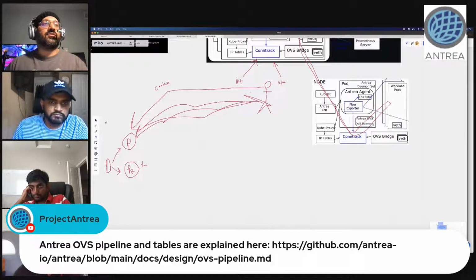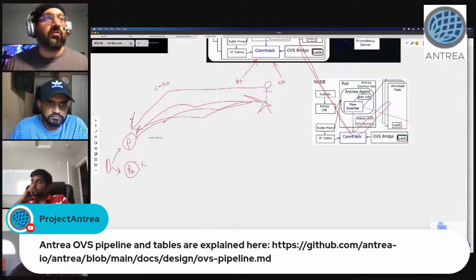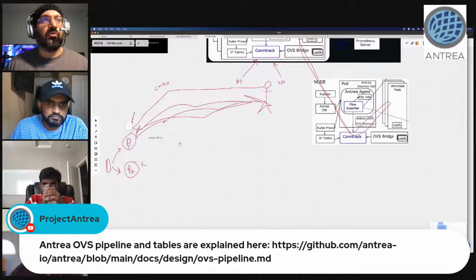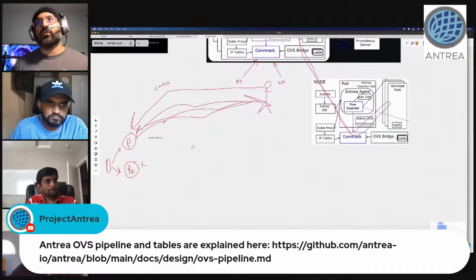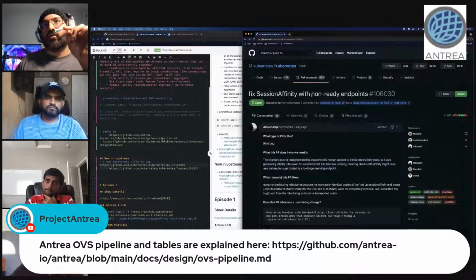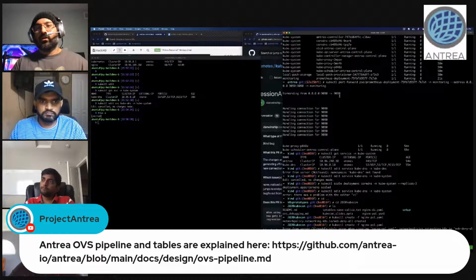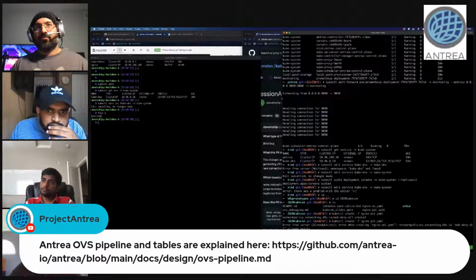So this is the idea of session affinity. The idea is that you're going back and forth to the same endpoint. You're not getting bounced back and forth to new endpoints. In the worst case scenario, you might lose this pod, and then it would be great for you to start a connection to a new one. But as long as this pod is around, you want to keep going back and forth to it because it's cached your cookie data and whatever other data. So that's the whole idea. So right now, in Coop Proxy, if an endpoint is not currently ready, because an endpoint, if I do kubectl get endpoints,